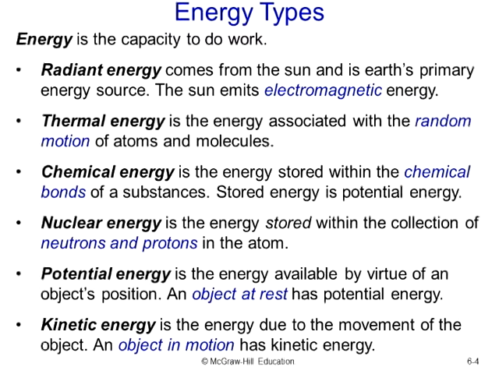So these are the energy forms that we like to expose you to. Some of these will be talked about in more detail in today's lecture, and others will be in future lectures. So you do well to memorize these definitions. Radiant energy, that's electromagnetic energy of the sun. Thermal energy, that's the random motion of atoms and molecules. Chemical energy, that's the energy stored inside the substance. Nuclear energy, protons and neutrons. Potential energy is at rest energy. Kinetic energy is an object in motion energy.